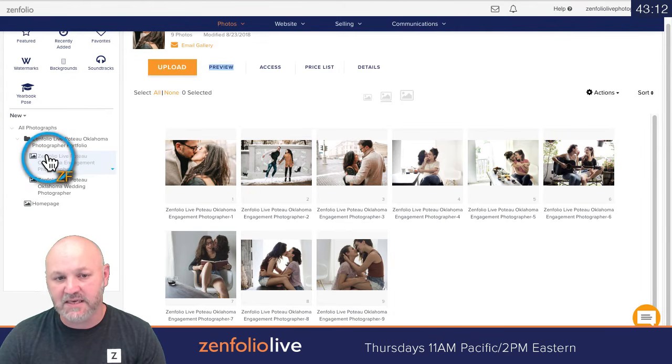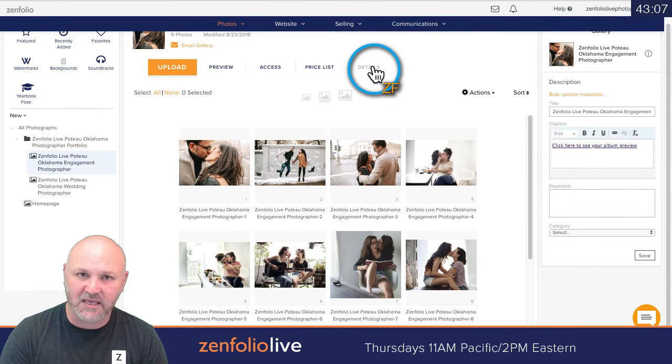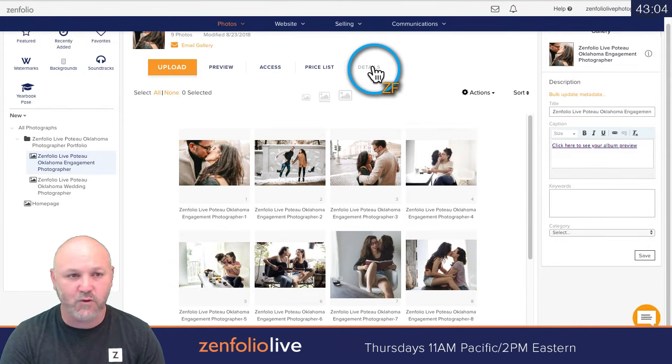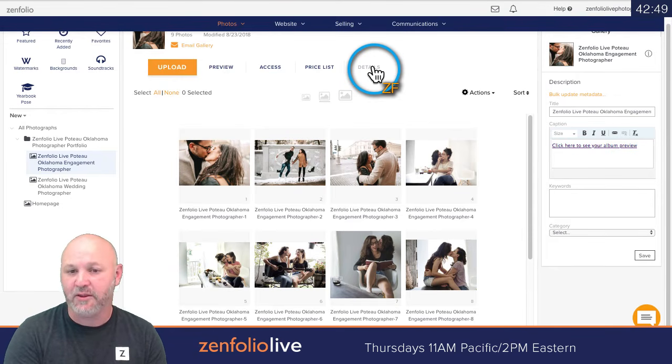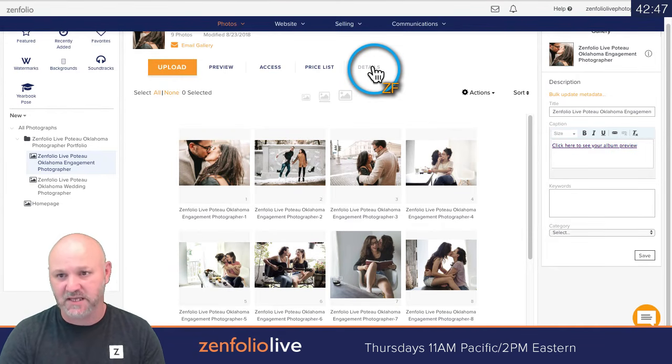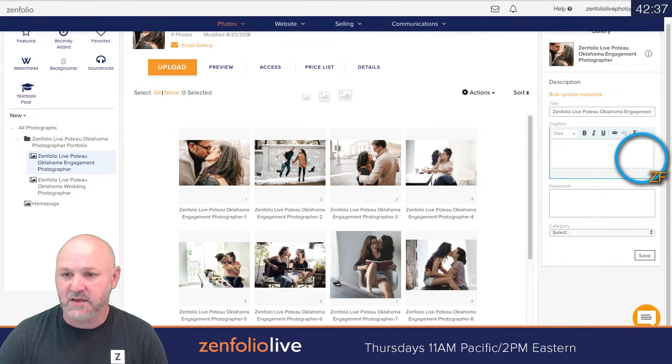We're going to click on the gallery right here. Then I'm going to go to details. And just like your images can have captions, keywords, categories, your galleries can have all of this as well. And the gallery caption is what displays on the thumbnails page. So when you're thinking about the thumbnails page, you need to think that that page is what relates to the gallery. Yes, it contains the images that are inside of that, but the main set of information is what's in your gallery details. So right here is that gallery caption, and I'm not going to really type in a crazy